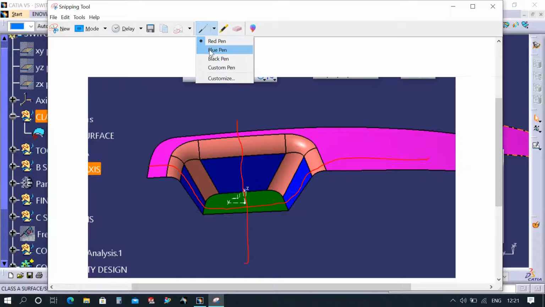Okay, you take this line, and this line, two lines.